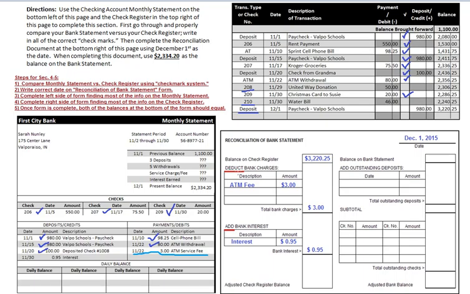We need to deduct our bank charges. You don't have to put this, but you kind of have to imagine that there's a subtraction sign right there for the $3. And adding bank interest, you have to imagine that there's a little plus sign right there. So if you take your handy dandy calculator out, you can do the math and find that if you take